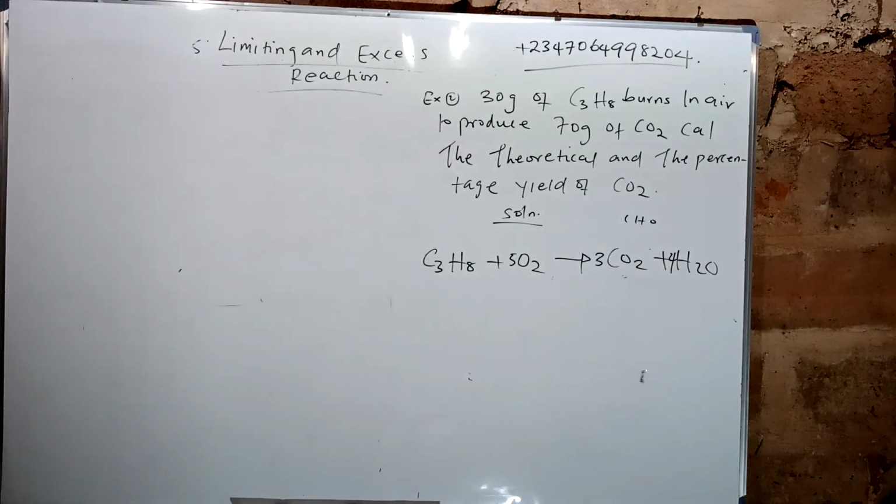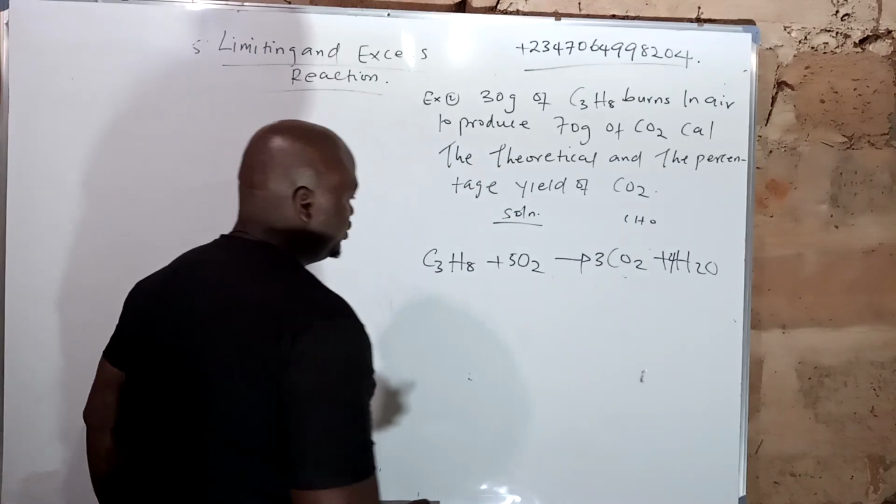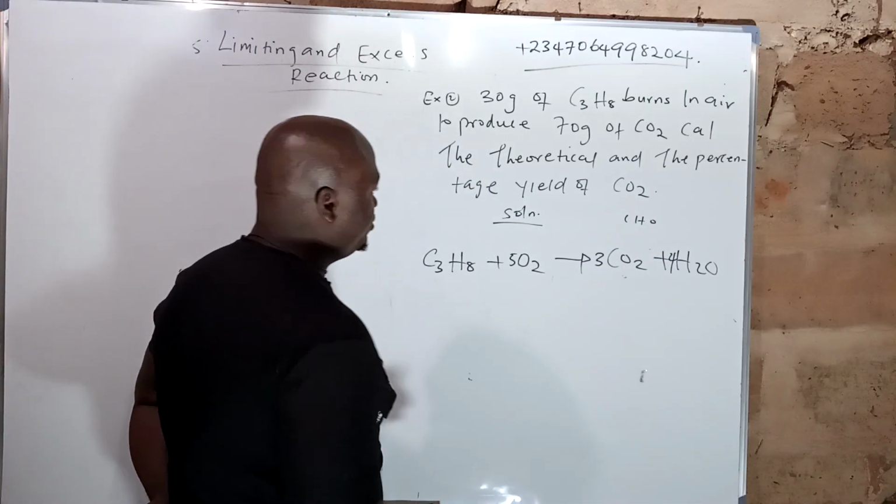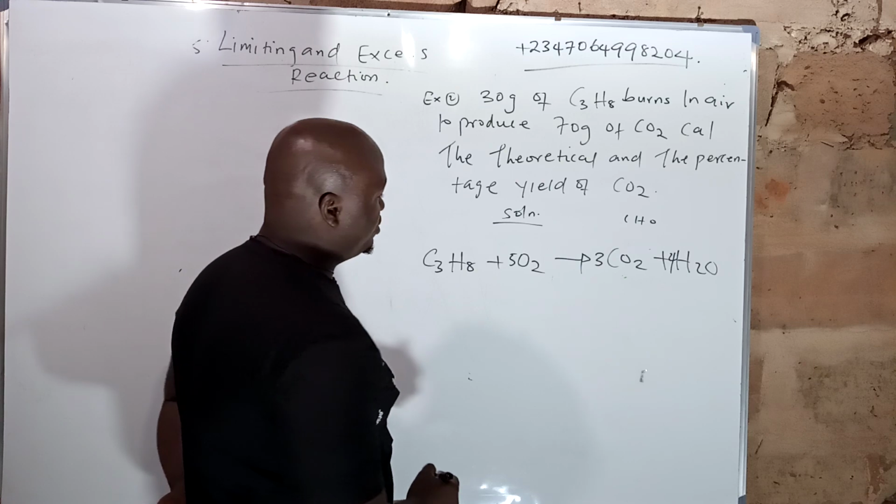Now, the next thing is, I will have to use the mass of propane to calculate and get the mass of the product, which is CO2. And from there, I will get the theoretical yield. Remember, I said at the beginning of the video that the theoretical yield is the maximum amount of the product. And the theoretical yield is always at the product side. Even the question already gives you an insight of what we are doing. So from here, using the reacting masses to calculate it,